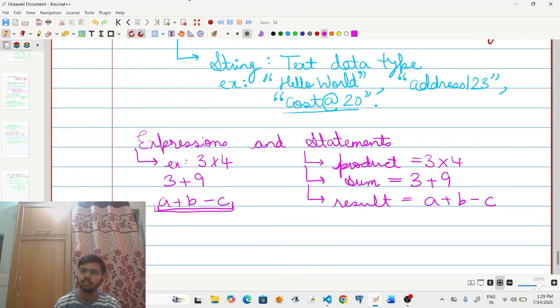Now statements do not always need an equal to sign. Any Python line can also be a statement. Let me explain. Suppose I just wrote print hello world.